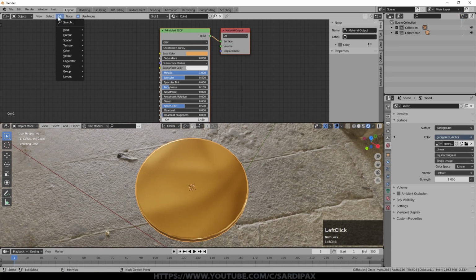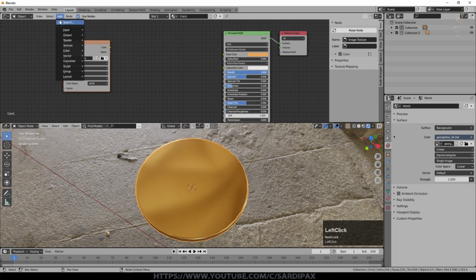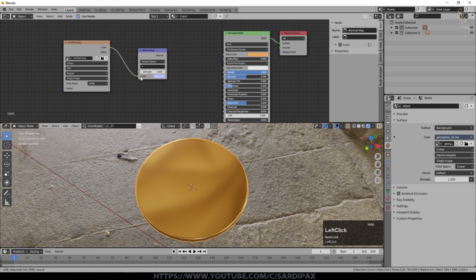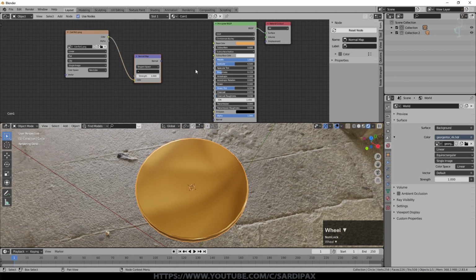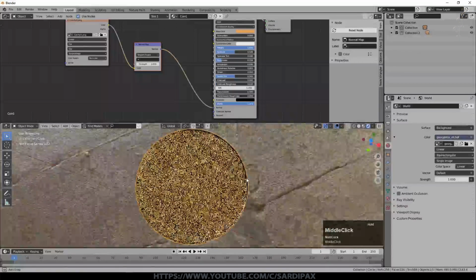So now I'm going to add a texture, which is an image texture, and we'll use the texture we just created. Then I'm going to add under vector a normal map node, and I'm going to plug the color output from that one into the color input of the normal map. Quite important that you select non-color down here, otherwise you'll lose some of the data, it won't be so good. We only need clip because we don't need to repeat the texture, and then we can take the normal map output into the normal input here, and suddenly you can see our coin again.